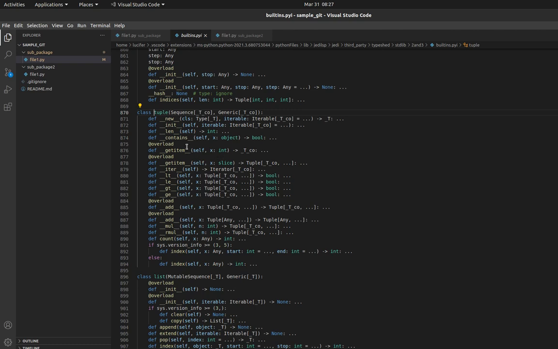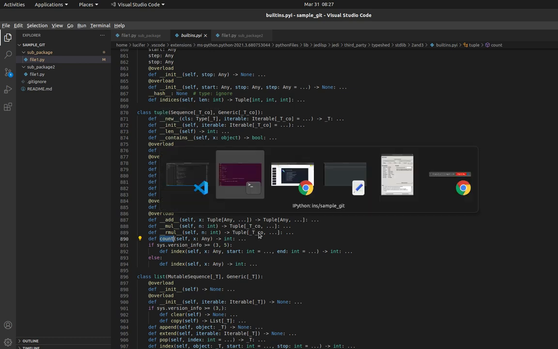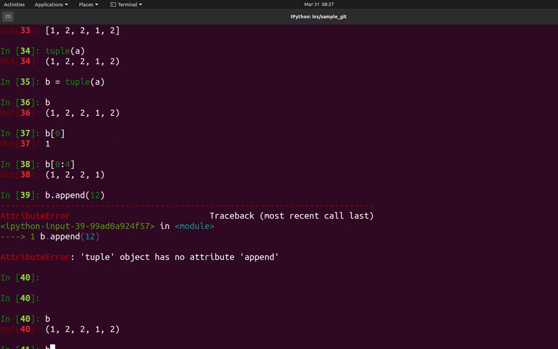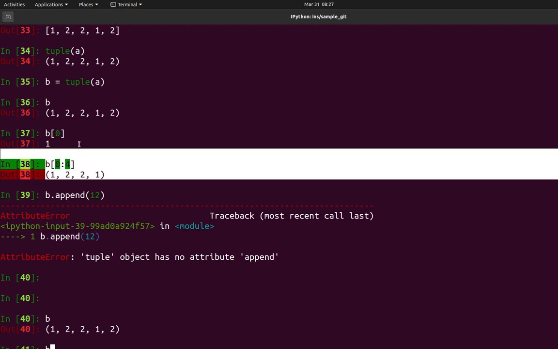Tuples do not have any major methods. You can see it does not have any method at all, except for count. So with B, which is a tuple, you can retrieve elements using slicing methods.